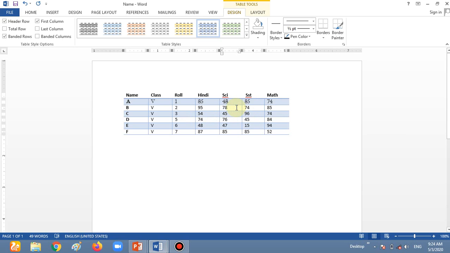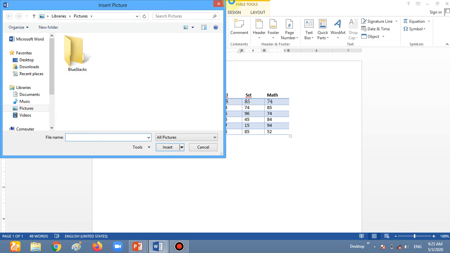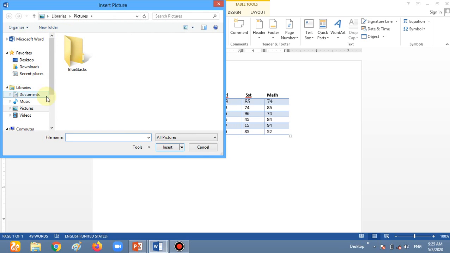And now how can we insert a picture in a cell? For example, where we wrote 78, I want to fill a picture here. So how can we fill the picture? If you want to go from the Insert tab, then I am going to the Insert tab. First click on the cell where you want to insert. I am clicking on the cell number 78. Now go to the Pictures area after Insert. How can we insert the picture? I am going to show you one more time. Go to the Insert tab, choose the Pictures option, and go to the place where you stored the picture.